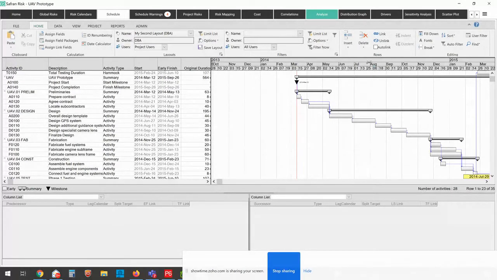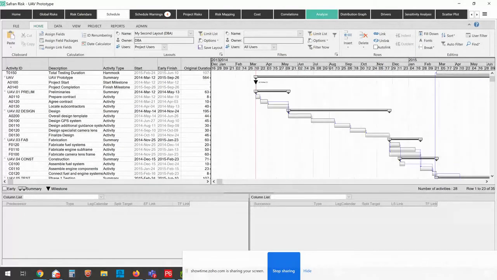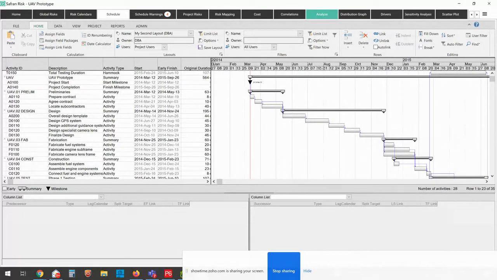And the idea here is that I don't necessarily have to go back to P6 or Microsoft Project every time I want to make a change. I can work right in the tool. Now,